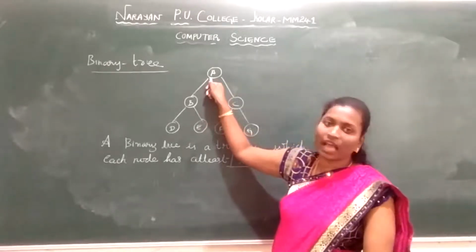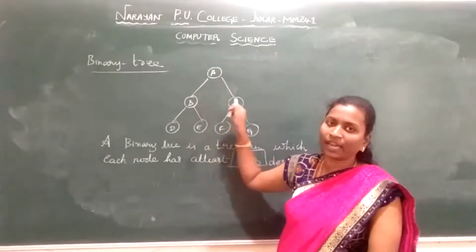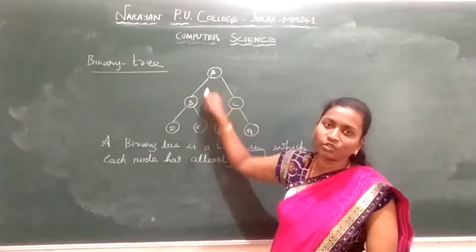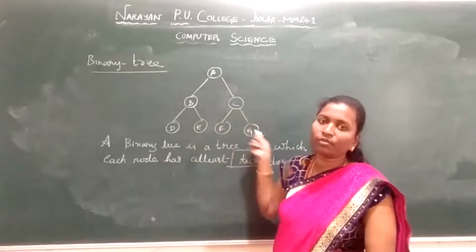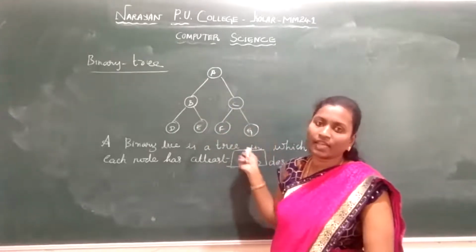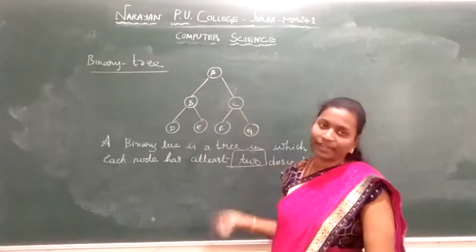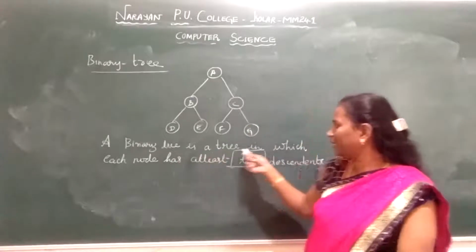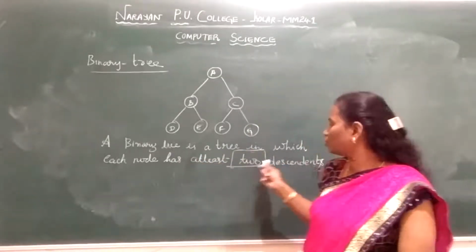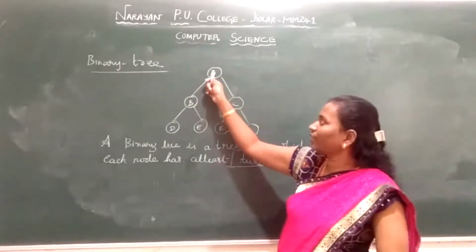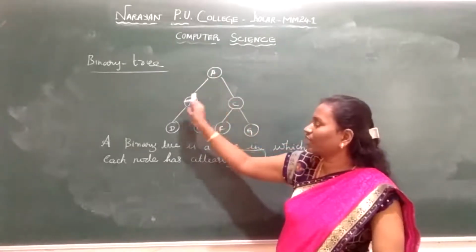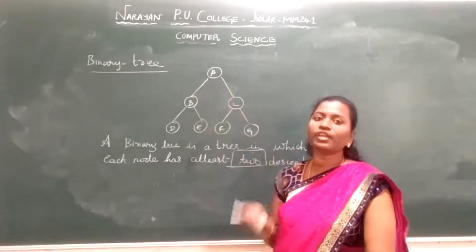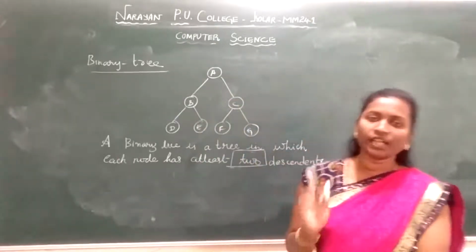In a binary tree, we have a root node and we have a left subtree and the right subtree. So binary tree is a tree which has at least two descendants, which has minimum of at least two descendants. We call that as a binary tree. Binary tree definitions, they may ask for 1 mark. So what is binary tree? A binary tree is a tree in which each node has at least two descendants. So here we have a root node and it has a right subtree and the left subtree.